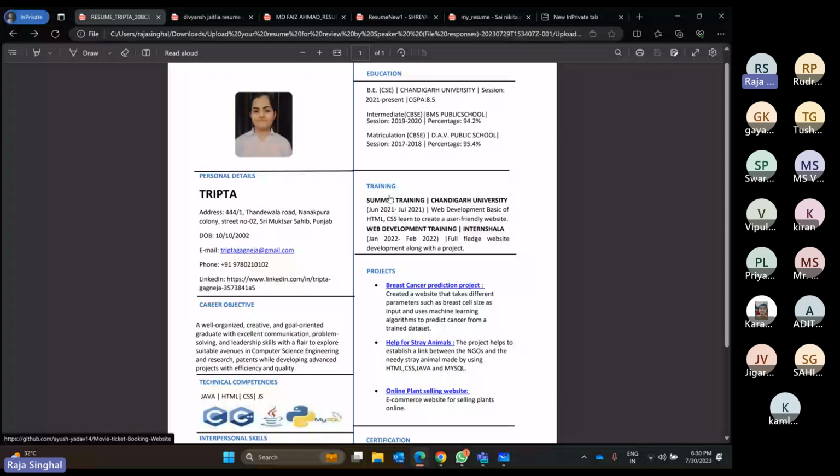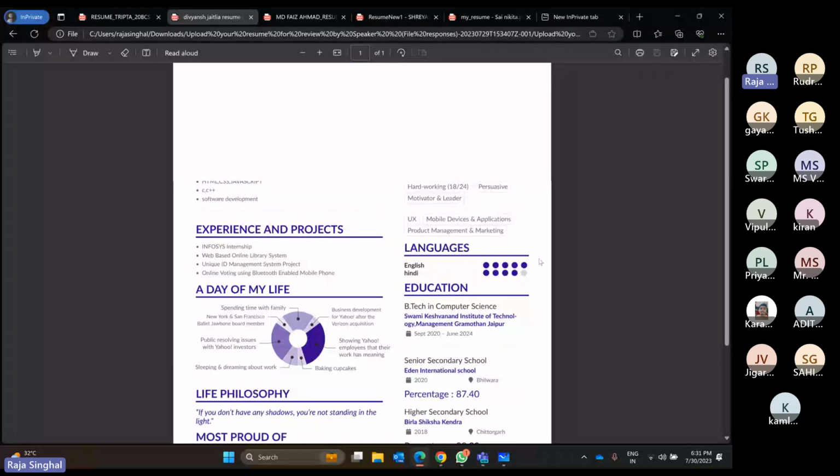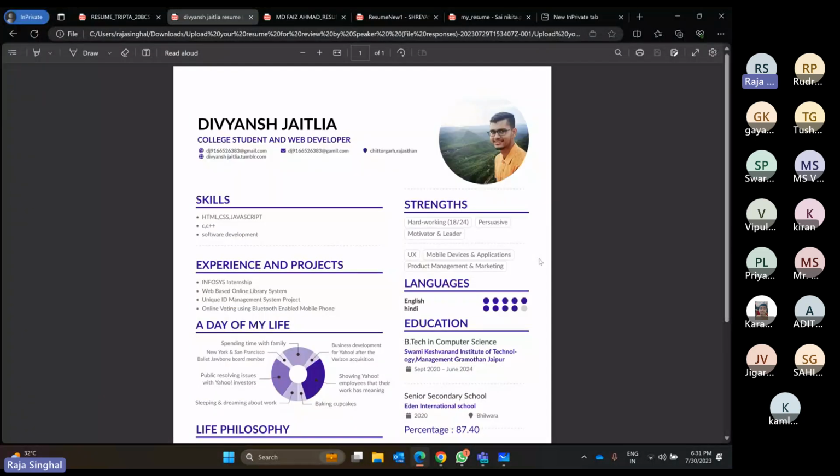So the second resume I want to share is this one. Here I feel like he mentioned a lot of things, but 50% of the things are not relevant to the interviewer. For example, first of all, as you are a fresher, there's no education section on top. Everyone wants to read from the start, and your education identifies whether you are a fresher or an experienced person. So the education section should be on top.